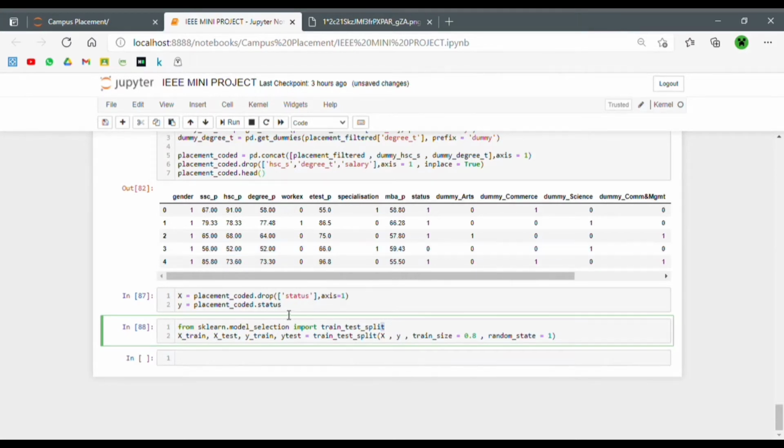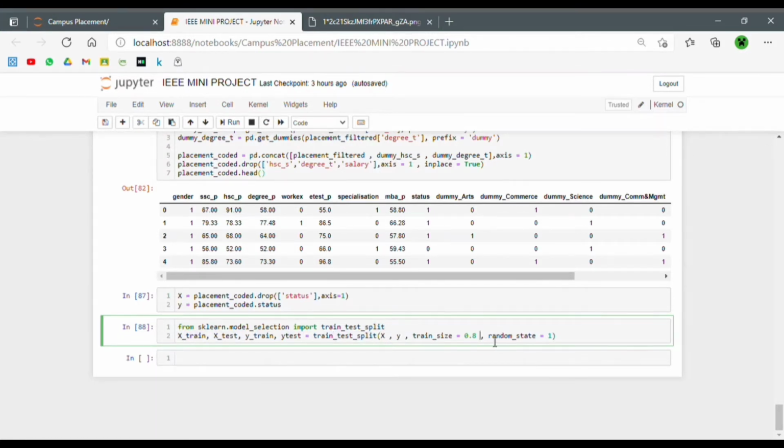What's essentially happening over here is we're splitting this data set into two parts, the training part and the testing part, and the training part is always greater. It's of size 0.8, so 80% of the data is the training data. We're training our model on this data and we are testing whether our predictions are correct or not on the remaining 20% of the data, right? So we are splitting it into x_train, x_test, y_train, y_test, and this is the syntax to split it into train and test.